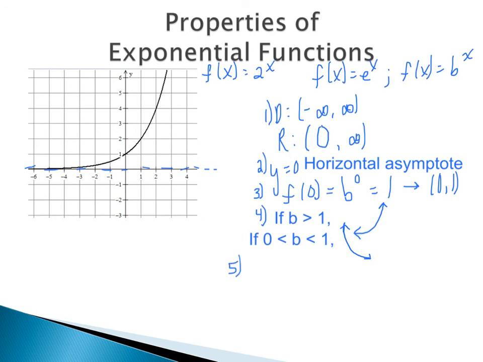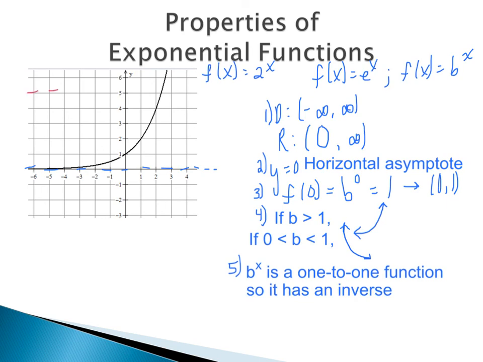Finally, f of x equals b to the x is considered to be a 1-to-1 function, which means that it has an inverse. Remember, in order for a function to be 1-to-1, it means that our y values cannot repeat. Each x goes to 1 y, each y goes to 1 x, and we test it with the horizontal line test. So as we can see here, each horizontal line that I draw through f of x equals 2 to the x only goes through the graph once. Even as we get really close to that horizontal asymptote, it's still true that we are only able to draw a horizontal line through the point once. As I said, exponential functions do have an inverse, and you're going to be learning more about that inverse in the next section.